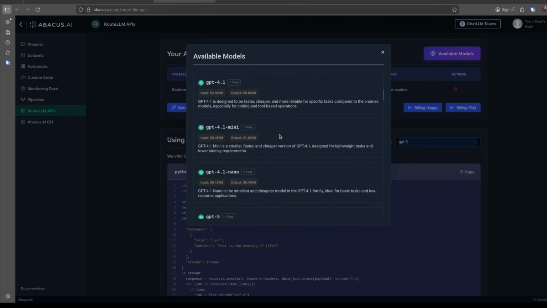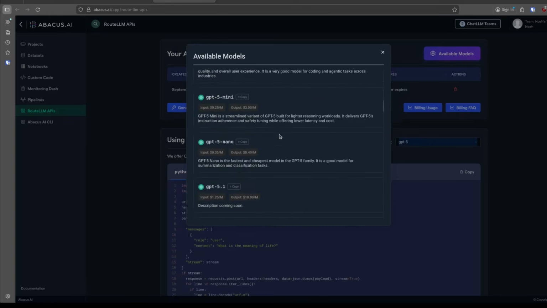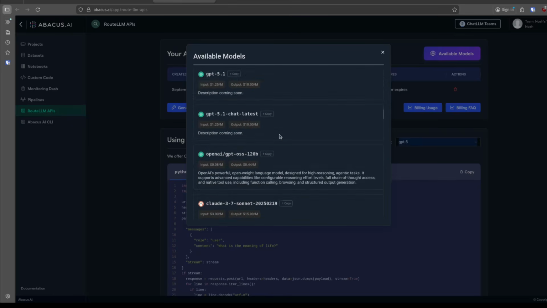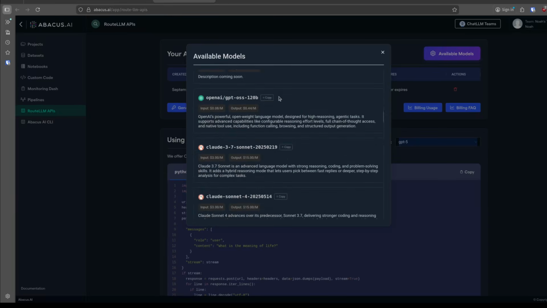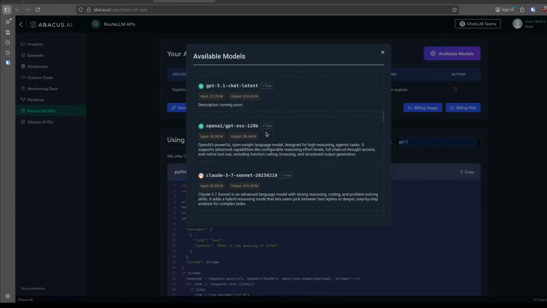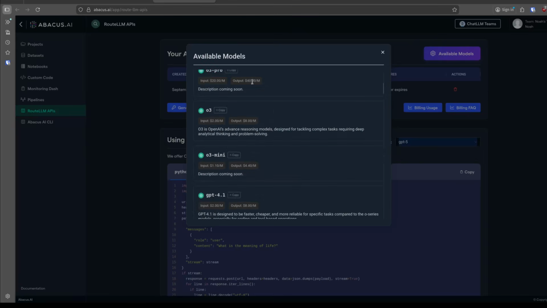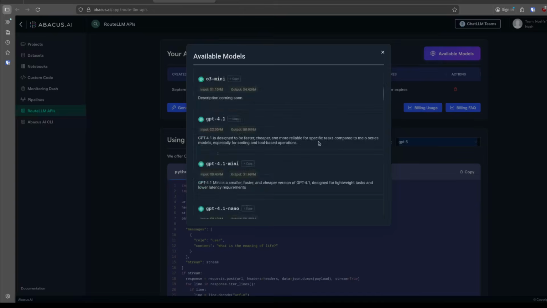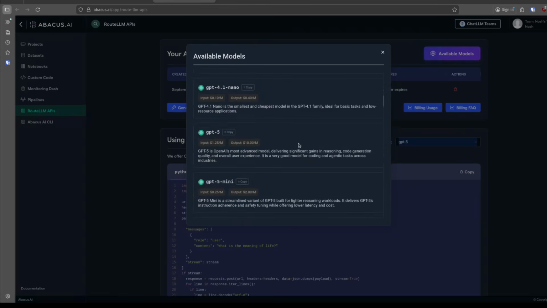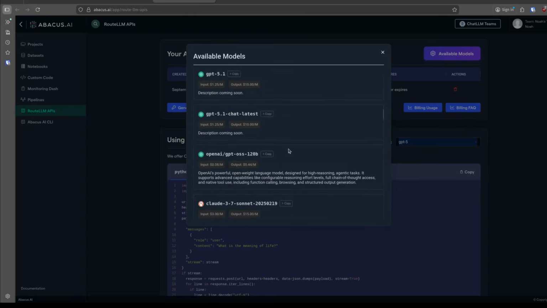So I'm just going to scroll through here so that you can see what models are available as of November 19th, 2025, which is today. So you can see we have a whole bunch of the ChatGPT family, all the way from, I think they even had O3 in here, unless I missed it. Yeah, so O3, a bunch of variants. The 4-point family is in here. The 5-point family is in here, and they also have GPT OSS 120B.